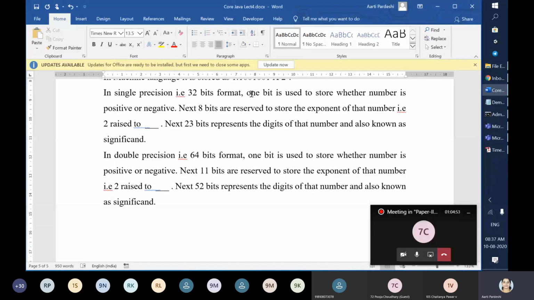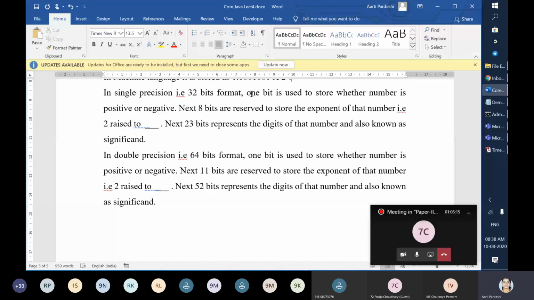So the first bit will store whether the given number is positive or negative. The next 8 bits are going to store the exponent value, which we have seen right now, that is 2 raised to 8. Then what is the binary of it? It is 1000. So it's going to save the first 4 boxes out of these 8 boxes as 100, with one more 0.